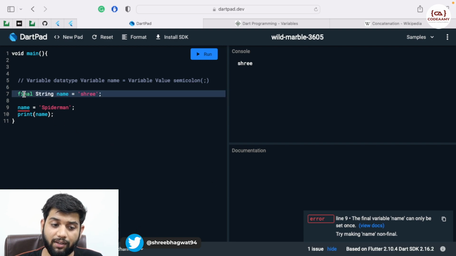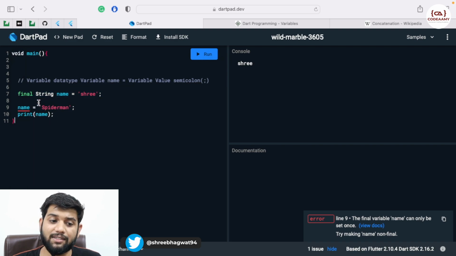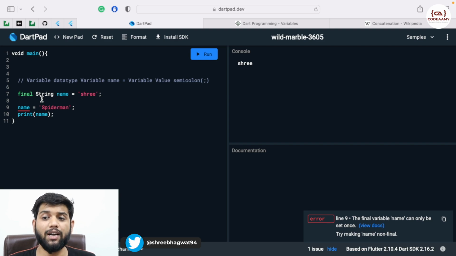So once you set the variable which has a keyword final at the start, you cannot change that again. Once it's set, it is set. So many a times you get values from the internet, and those values are written into our local variables that we use inside our application. And you want to make sure that some of your variables are protected, and no matter what, their value isn't changed.